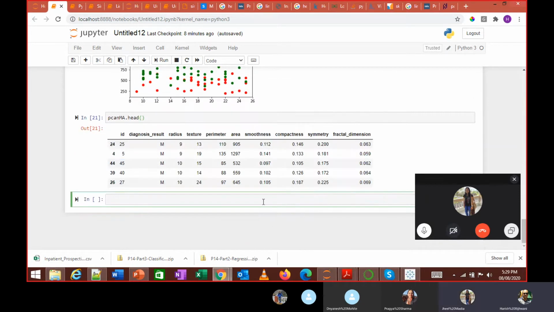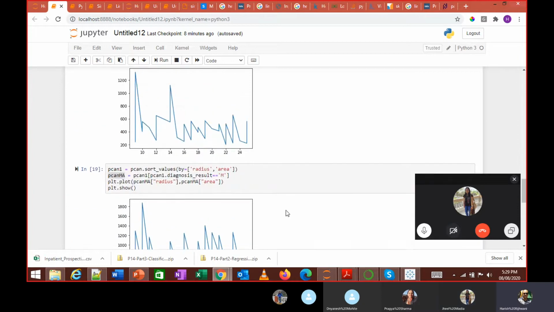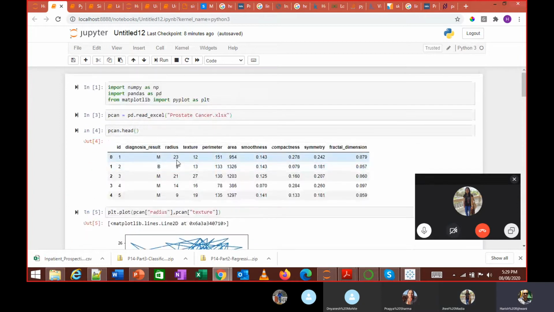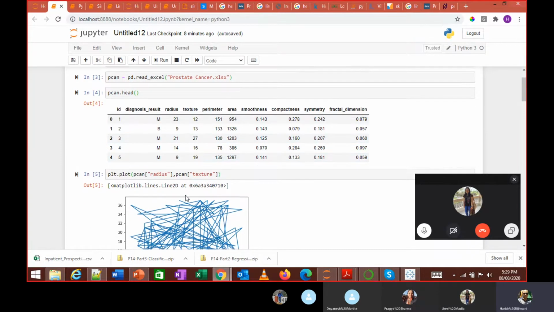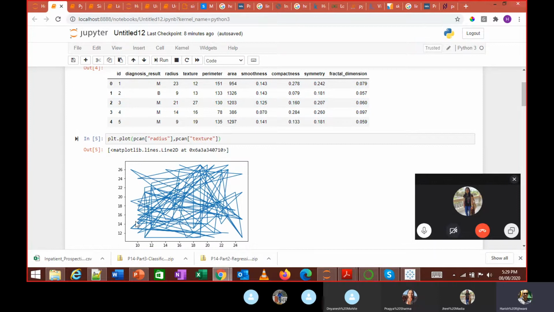But you're telling the data that it takes only these two values. So why do you have to sort it again? Because it's not sorted. The data is not sorted by that radius, right? If I look at it, I see radius 9, then I see texture 13. Then I see radius 21, then I see 27. So the way it's plotting the line, it's going from this point to this point to this point to this point, and back here.